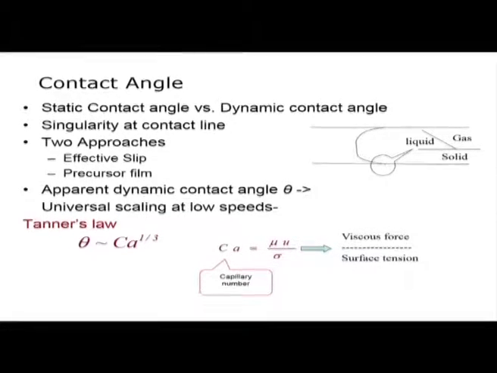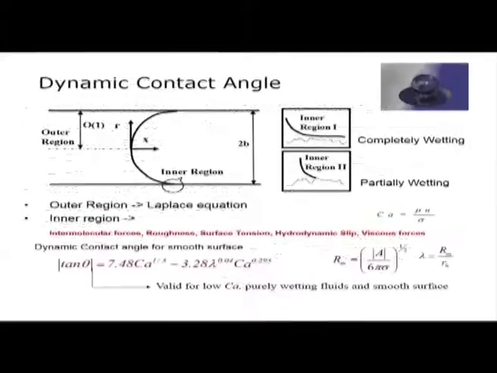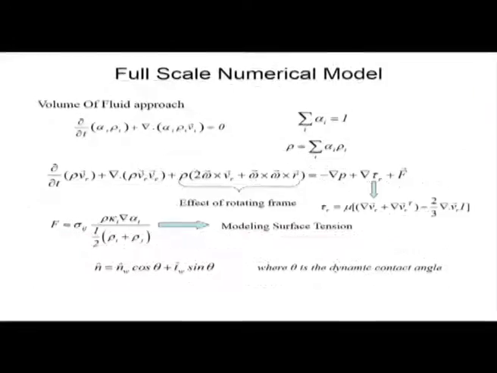Then dynamic contact angle, this issue also I have discussed while discussing the capillary filling problem, and then we made a reduced order model. Now how do we know that the results from the reduced order model are good enough? Of course one verification is experimental, another verification is you do a full CFD problem without considering the mass in the channel as a lumped mass.